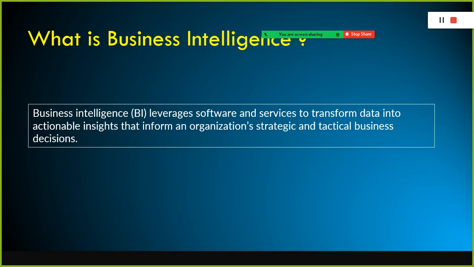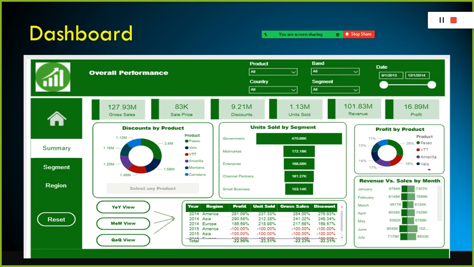Now you understood what business intelligence is. If you go to the internet and search, you will find different definitions of business intelligence, but in simple terms, this is the one-liner. You use the business intelligence tool to consume the data from the transformed, clean data, using visuals like dashboards and reports. You derive actionable insights, and with those insights you make strategic or tactical business decisions.